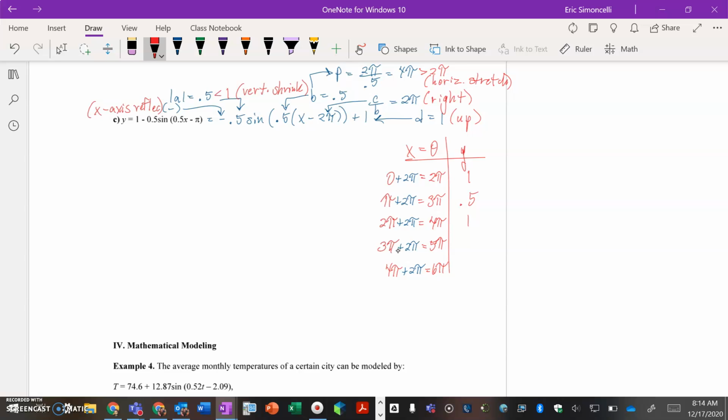Plug in 5 pi. 5 pi minus 2 pi is 3 pi, times a half is 3 pi over 2. The sine of 3 pi over 2, again, the next unit circle increment, that's negative 1 times negative a half is positive a half, plus 1, that's positive 1.5. Lastly, 6 pi minus 2 pi is 4 pi, times a half is 2 pi. The sine of 2 pi is 0, times anything is 0, plus 1 is 1. Okay, so we'll get the xy axis again